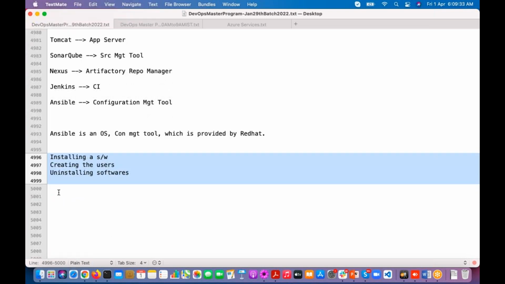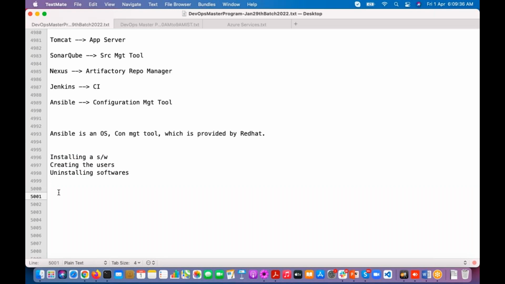So you have hundreds of servers, and on those servers you want to install or update a software. If you don't know Ansible, what are we going to do? We are going to log in to those servers and update the software.